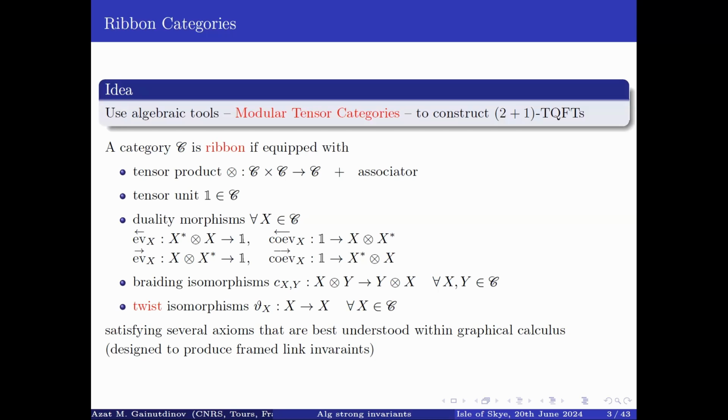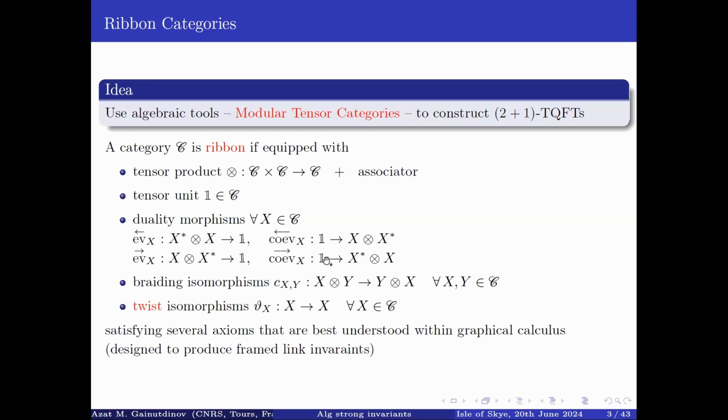So first of all, we have a tensor product; it's a monoidal category. Plus, of course, there are some associators, the pentagon condition, and so on. There's a tensor unit. For most of my talk, I will assume that the tensor unit is simple. Actually, I will need to assume that it's simple. Then duality morphisms. For every object we should have a left and right dual, and I will need duality maps: evaluation in both directions,